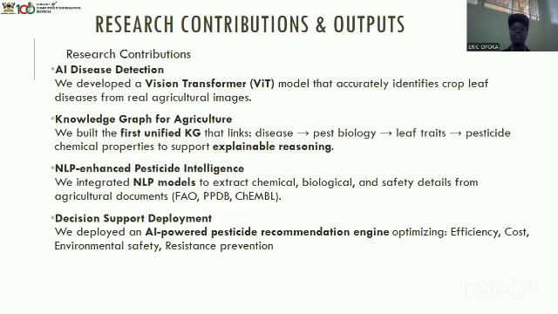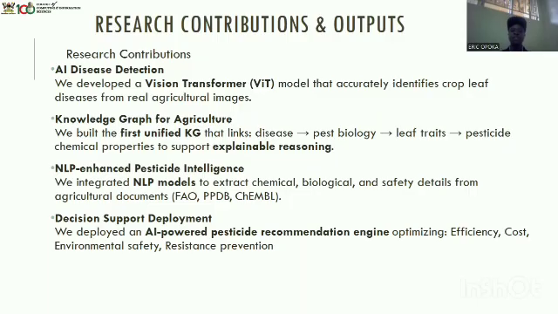Then we have to initiate knowledge graph fabrication. The knowledge graph, like I have said before, has four main nodes: disease, pest, pesticide, and unique leaf trait. Then we have the NLP-enhanced pest intelligence. In this case, the NLP is highly intelligent, such that it detects and extracts the text we want from the different text documents we shall have, which contain the chemical leaf properties and the biological traits